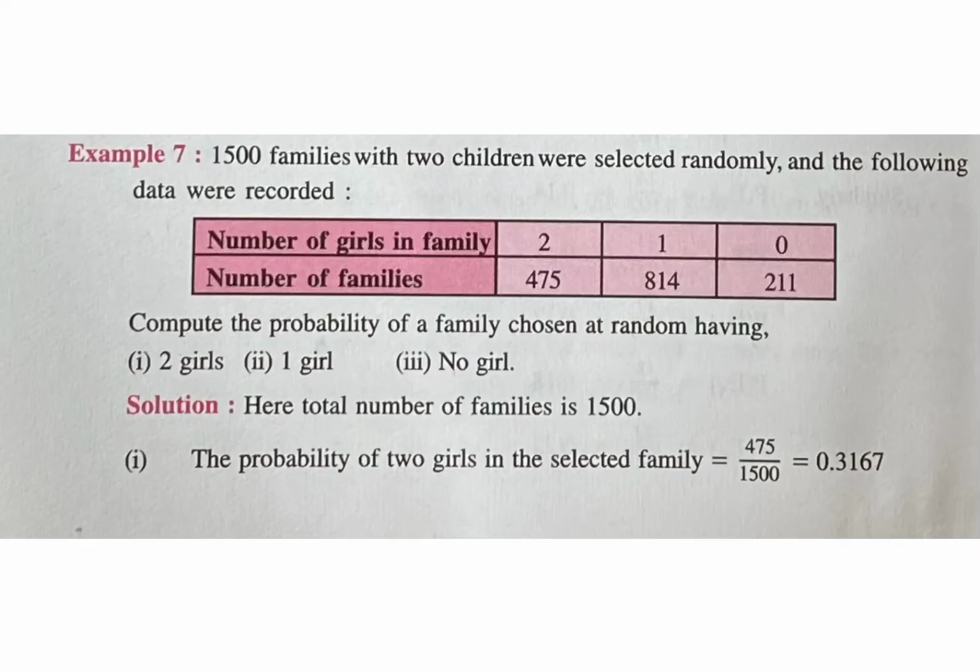1500 families with 2 children were selected randomly and the following data was recorded. Compute the probability of a family chosen at random having 2 girls, 1 girl and no girl. So here the total number of families is 1500, that is, the total number of trials is 1500. Now first we have to find the probability that a family chosen at random is having 2 girls. So now in the table you can see that there are 475 families who are having 2 girls. So let E be the event that a family selected randomly is having 2 girls. So the probability of event E is equal to the number of families having 2 girls upon the total number of families, that is equal to 475 upon 1500, which is equal to